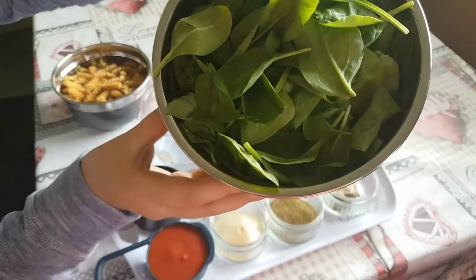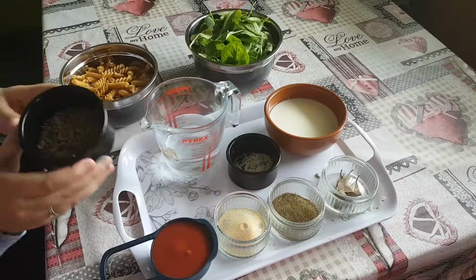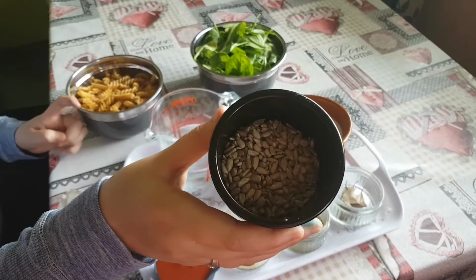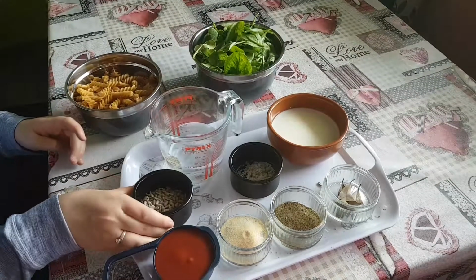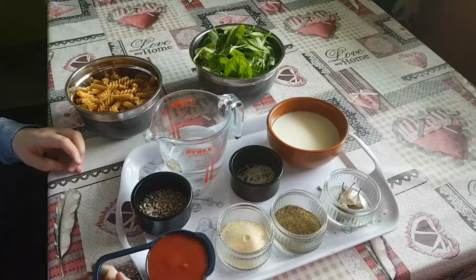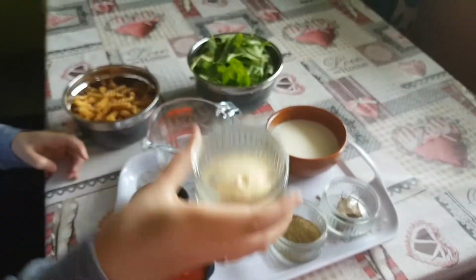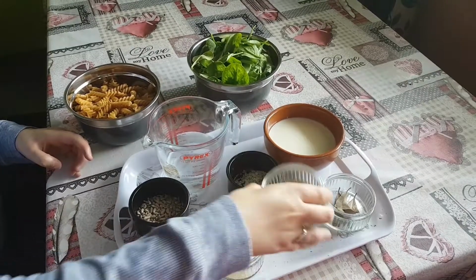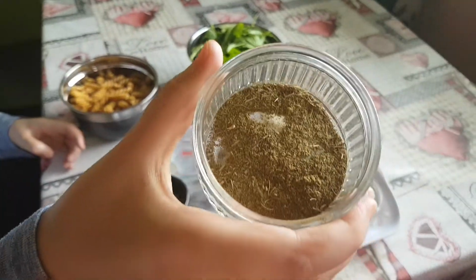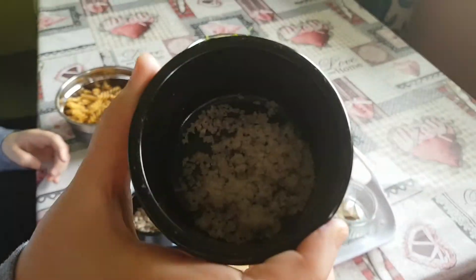200 grams of spinach, 1 tablespoon of sunflower seeds, 1 cup of tomato sauce, 1 teaspoon of garlic powder, 1 teaspoon of oregano, 1 teaspoon of salt,